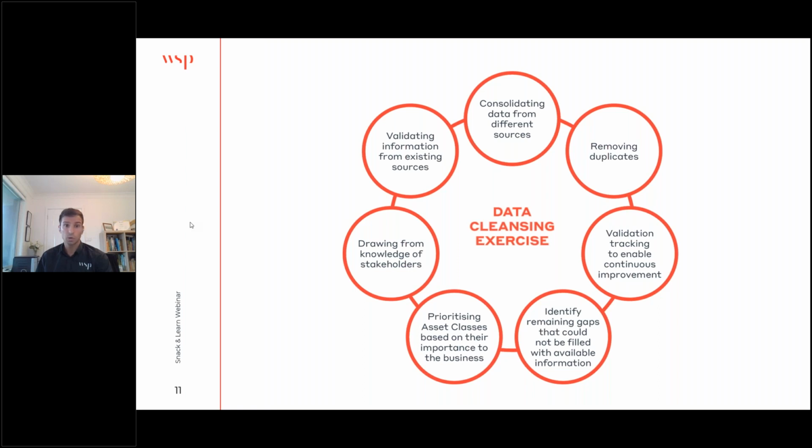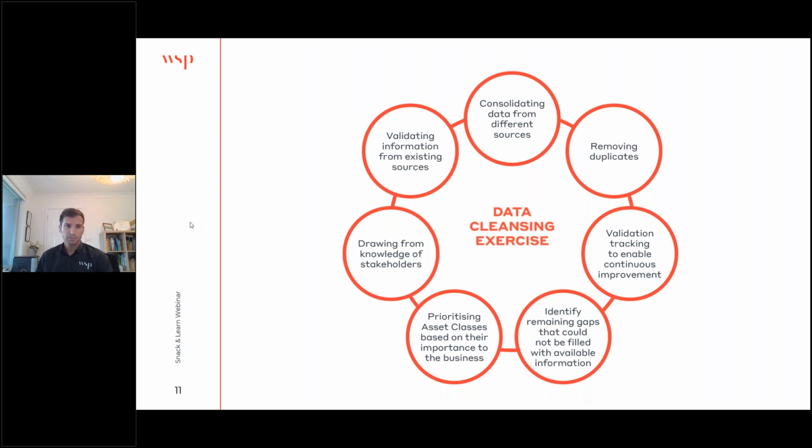Because there wasn't previously strong governance of how data in the EAM system was managed, we discovered that assets were sometimes duplicated. In this step, we made sure to identify these, verify them, and then remove these duplicates. The most challenging component of this step was probably needing to understand and capture all the different ways asset data was previously captured. Sometimes, especially for older assets that are common to ports, information was just altogether unavailable.